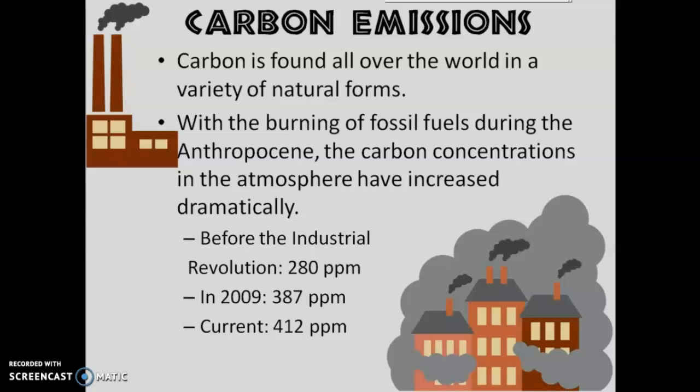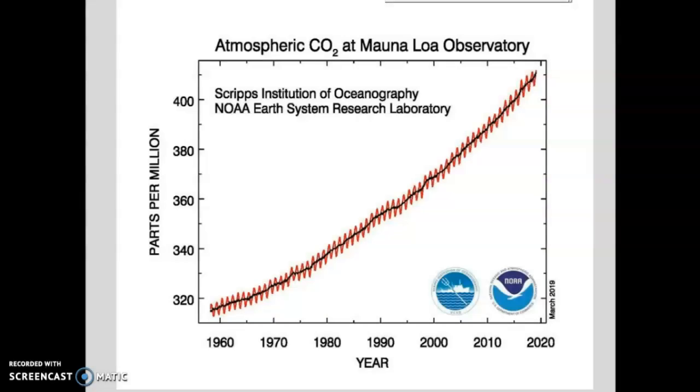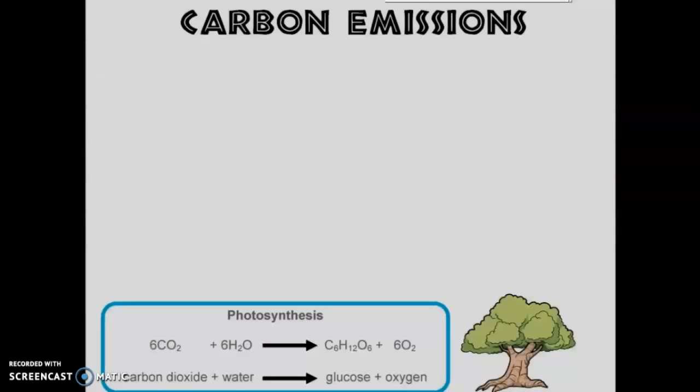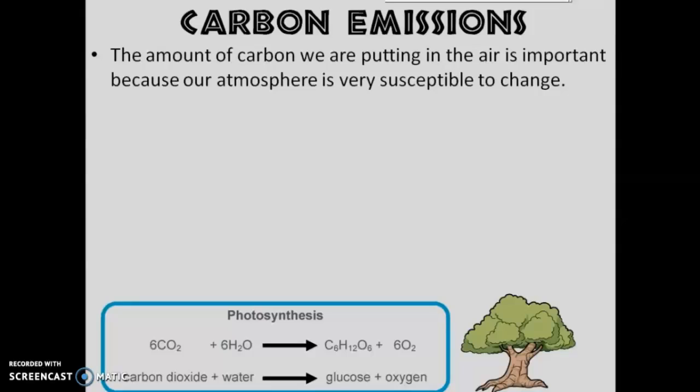These readings are all taken from Mauna Loa Observatory, which is in Hawaii, one of the main observatories that track carbon concentrations in the atmosphere. And you can see from this graph that it's exponential. It just keeps going up, up, up, up, up. One of the reasons why we see that carbon emissions never really come down is because the carbon doesn't really go away very easily, and we'll get into that more in a second.